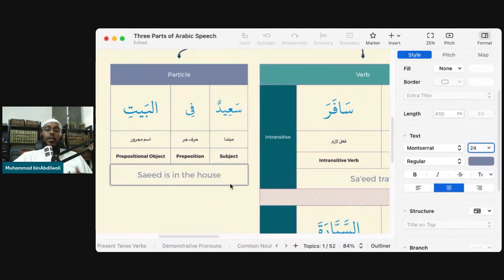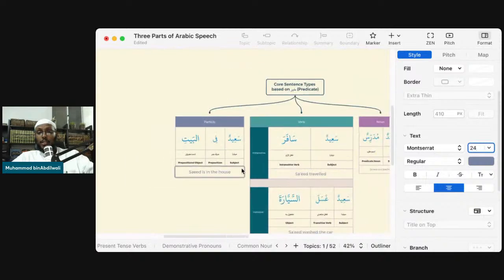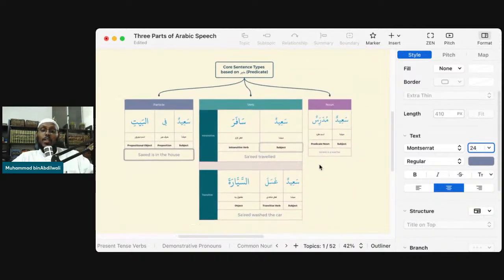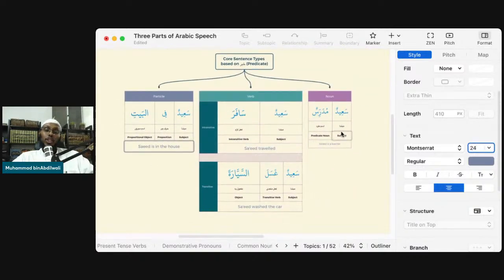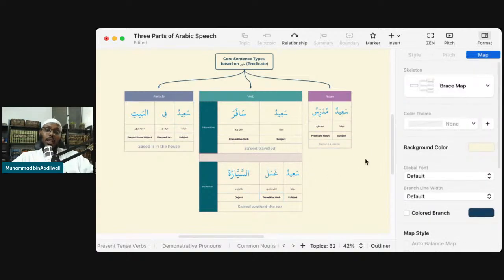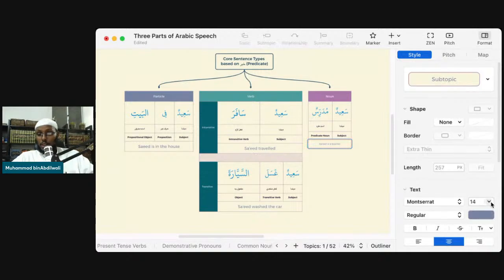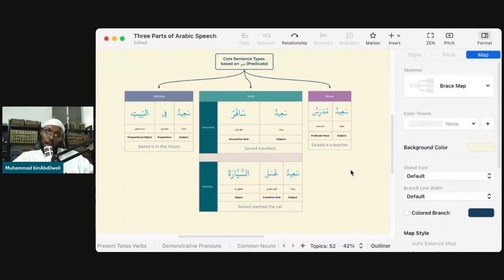This, my dear brothers and sisters, these four sentence types, are what we call the core sentence structures. And every single sentence, like we said, can be returned to one of these. Of course, it takes a little bit of practice before you can do that, but trust me, you can. I dare you. Give me any verse in the Quran right now, and I'll return it to one of these four core sentences.